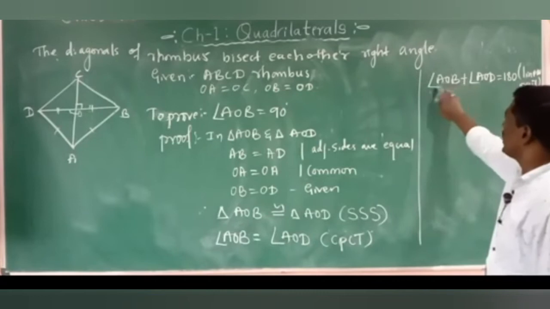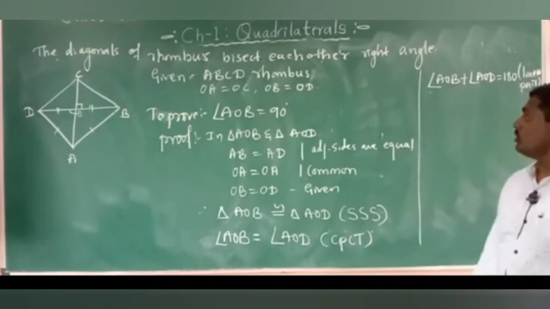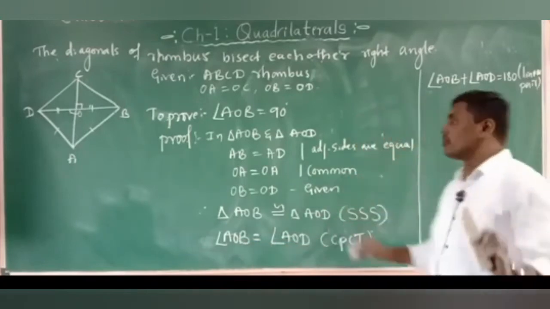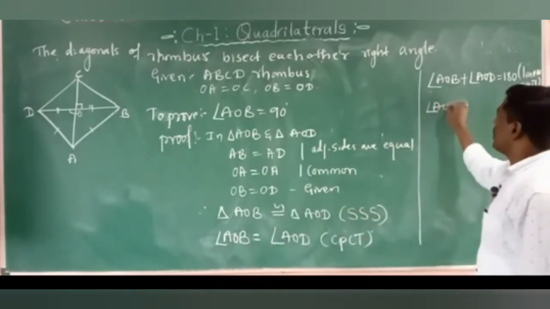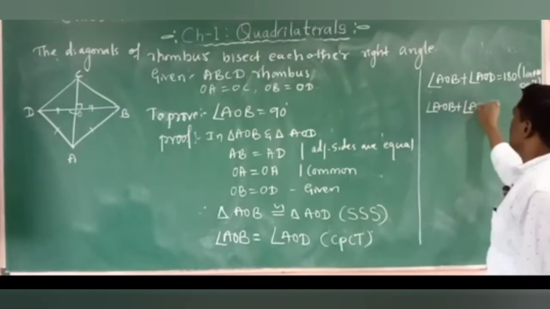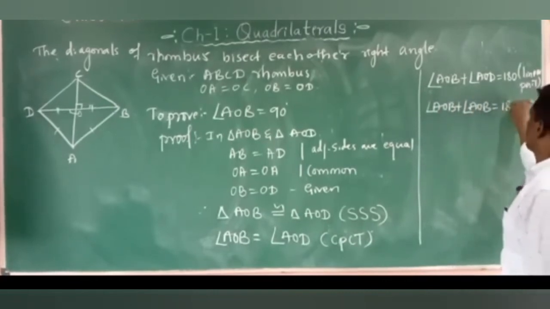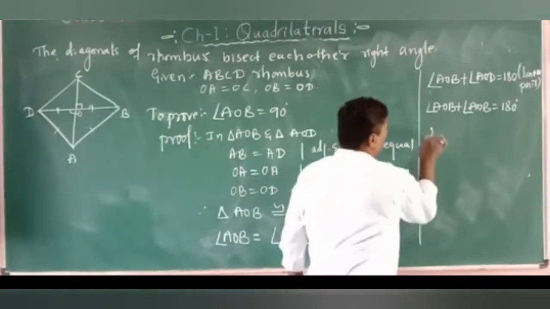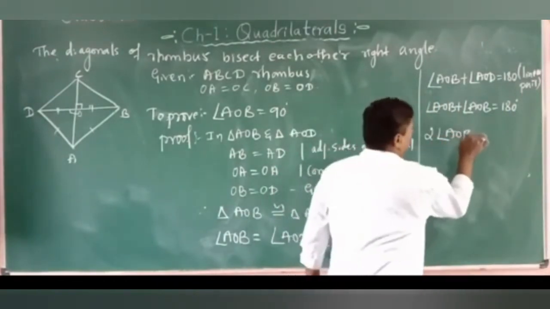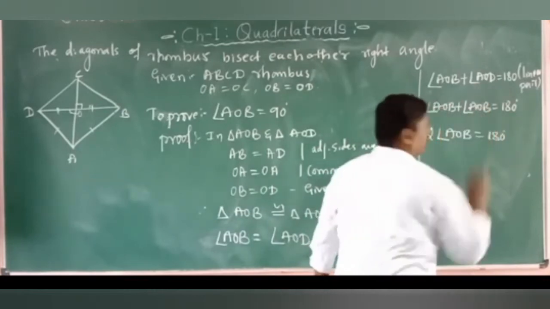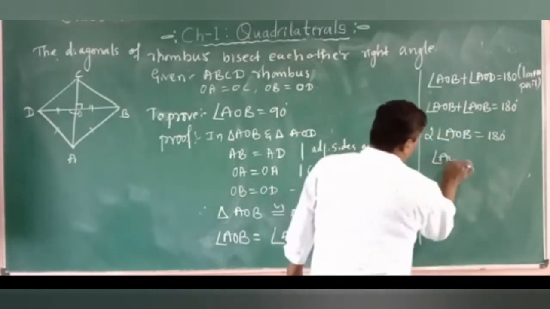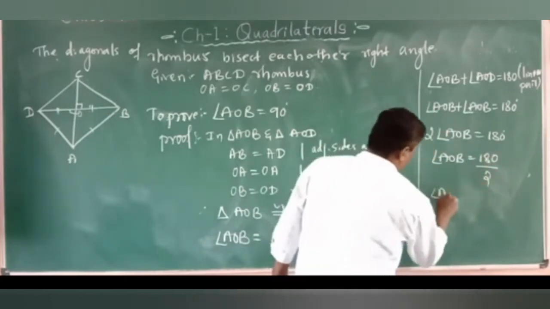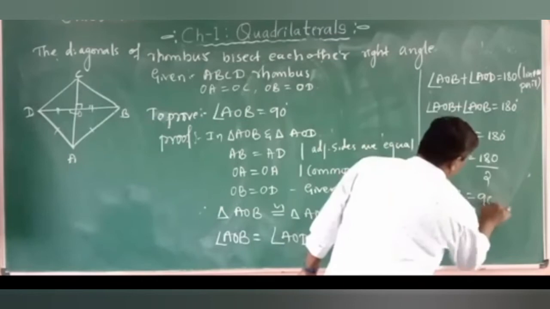We already proved that these two angles are equal. So consider any one angle, either AOB or AOD. Angle AOB plus angle AOB means 2 times angle AOB is equal to 180 degrees, right? So angle AOB is equal to 180 divided by 2, that is, angle AOB is equal to 90